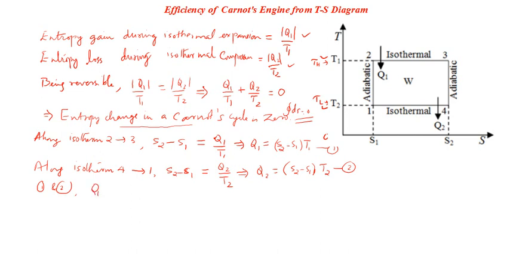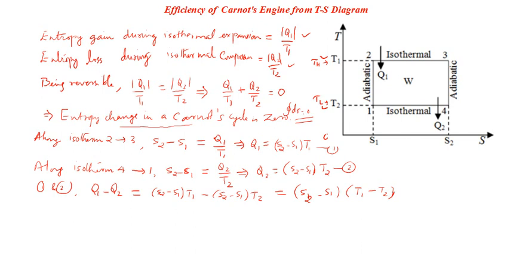So what will Q1 minus Q2 be equal to? That is equation 1 minus 2. So that will be simply (S2 minus S1) into T1 minus (S2 minus S1) into T2. Or it is equal to, S2 minus S1 being common here, (S2 minus S1) into (T1 minus T2). Okay, now